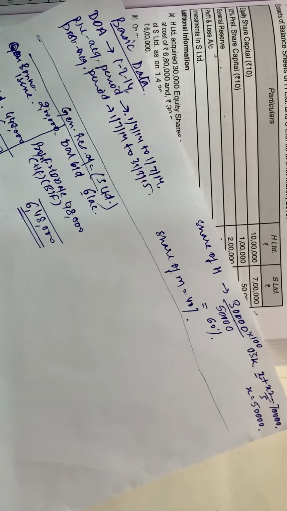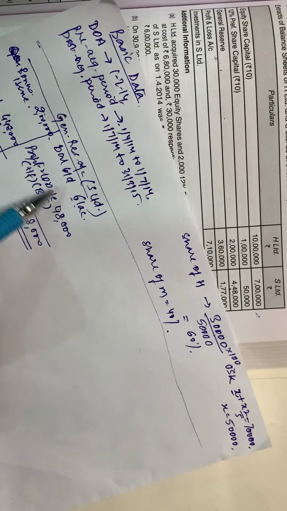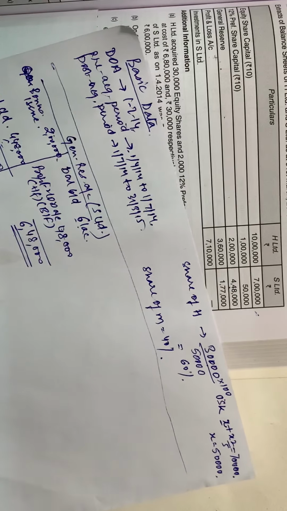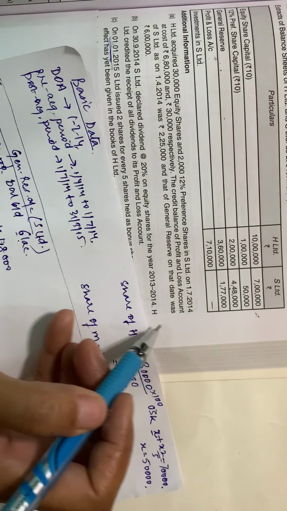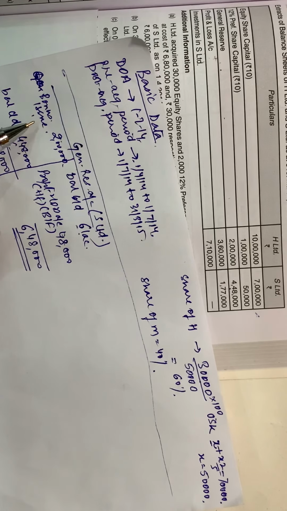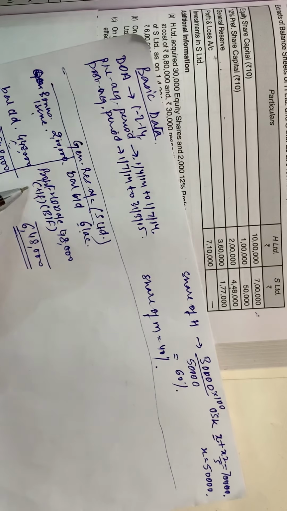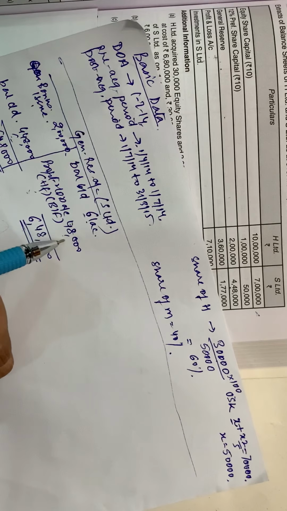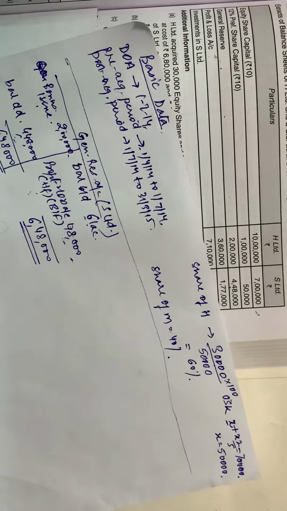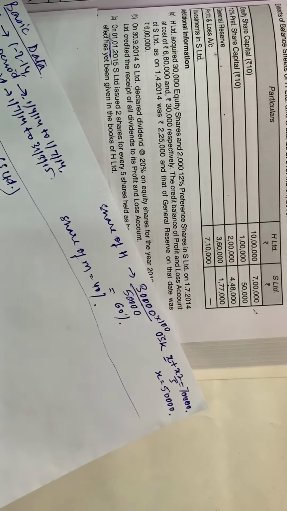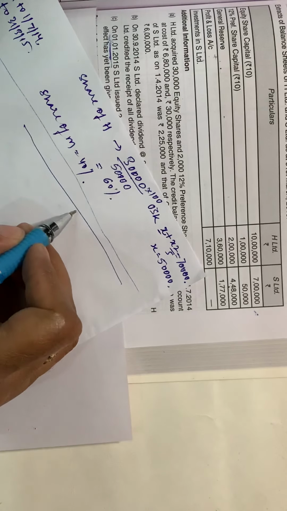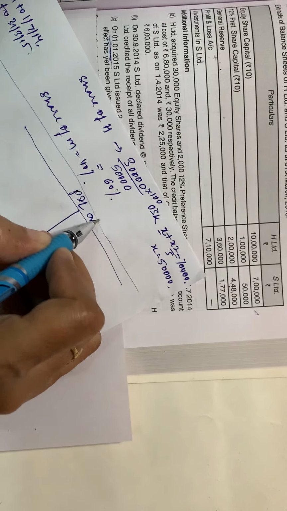So from this general reserve account, we can see that the difference amount was a decrease, and why that was decreased, no other information is given in the question. So we will assume that it was decreased for the purpose of showing bonus. And once you do that, you will be landing to the conclusion that some amount was also appropriated from the surplus account to the general reserve account. So this is an entry which was over here hidden, and you can find out that hidden information only once you prepare the account. So let's over here similarly calculate or prepare the P&L account for S Limited.